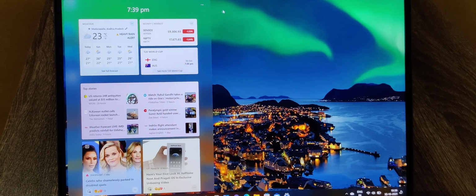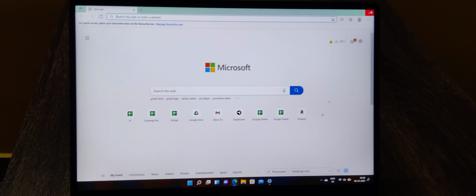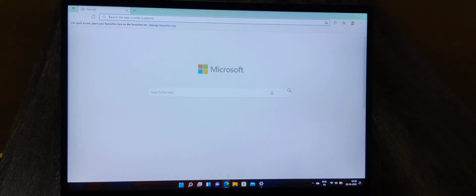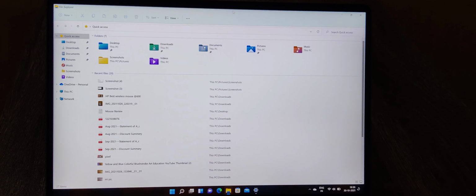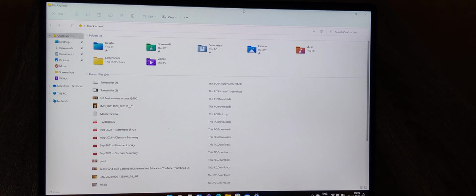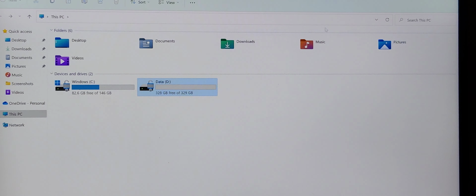And as we all know, Microsoft Edge is the default browser. So it's very fast when compared to Chrome, as it is natively built for Windows 11. As you can see, closing and opening is very fast. And we have our new File Explorer. As you can see, we have refreshed icons and the UI layout is very refreshing. You can see all things getting highlighted. We have the new icon sets for both the quick access tab bars and the actual icons.